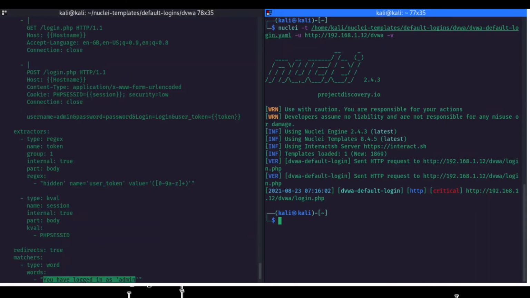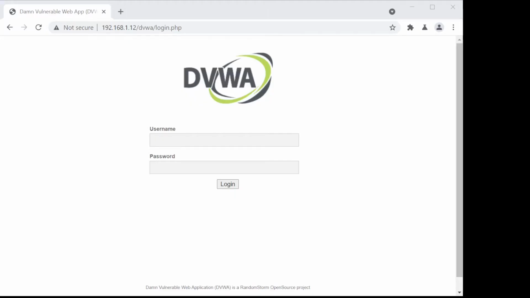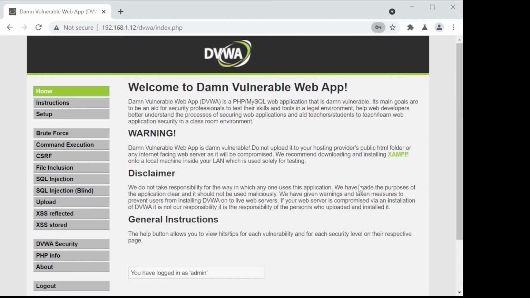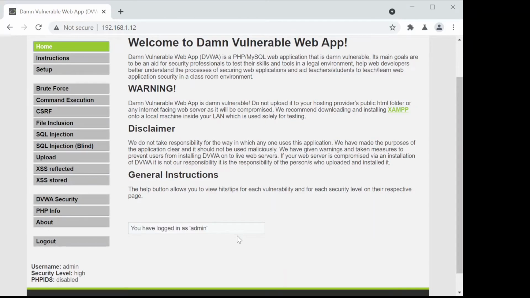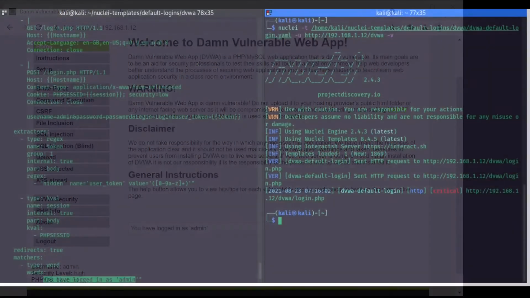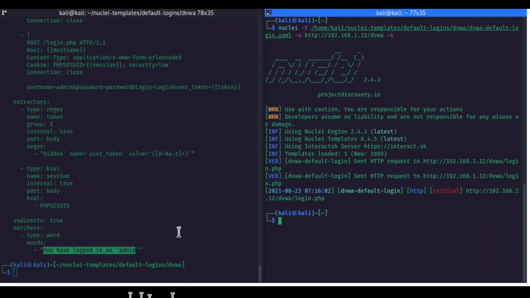Because there are lots of control panels for ICS and or SCADA devices that actually have pre-fed requests that run through, and you might log into that also. There are cases, if you refer to news of various security researchers that have tried this thing. So you are getting that also. So this is the case that basically relates to us. It is not unusual, yes, it is usual. It does happen. So admin and password. There we go. So we have logged in as admin. So here it is, the regex that has been checked. So yes, in that you can see here that you have logged in as admin, and our session will be set.